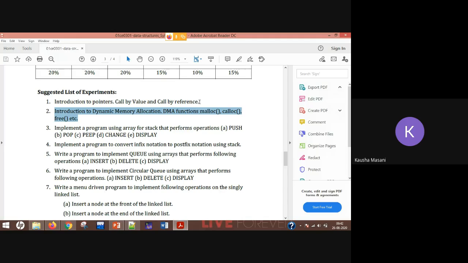Even in the PPT also, the small program is with respect to arrays. So just perform that whenever I'm giving you time in between. And then once we are finished with malloc and calloc, I'll tell you to make a program using arrays, and that program will also not be very complicated. You just have to take the elements for the array and display them, but with the help of malloc and calloc. All right, so that is the program I'm going to give you. Fine, so let's start with the first part, dynamic memory allocation.